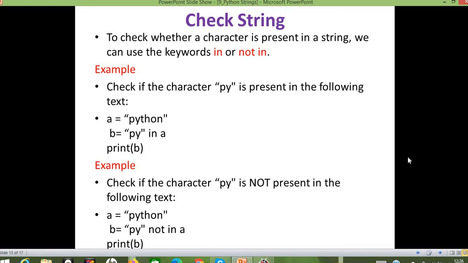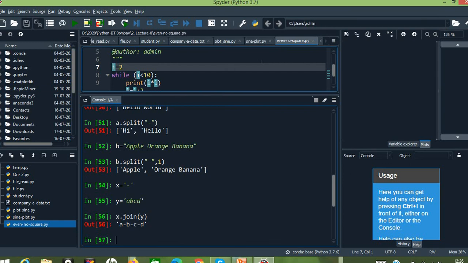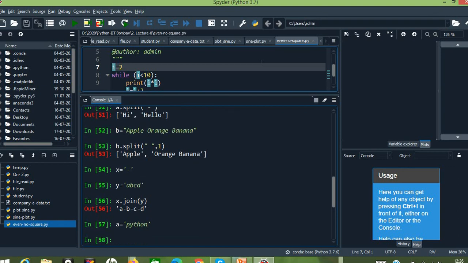Next we have the membership operators here. So to check whether the character is present in the main substring or not, so for that we can go for 2 keywords, in and not in. It will return true or false as the output, right? So let us see this with an example. First let us go for in function, in membership operator. I'm going to take a equals to Python, right?